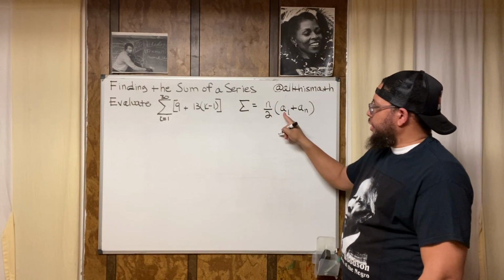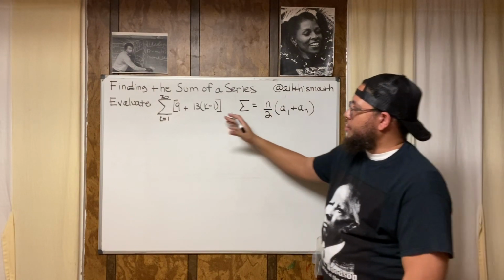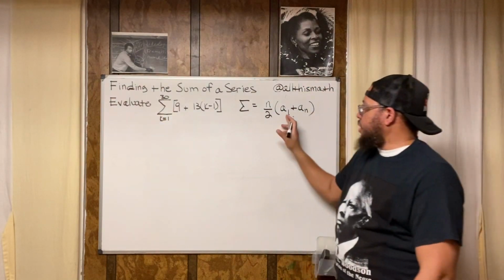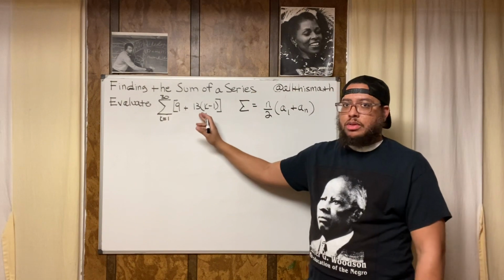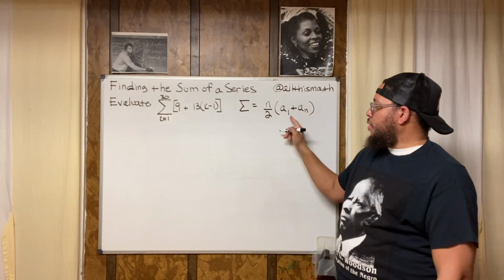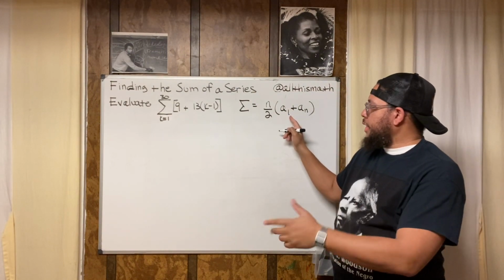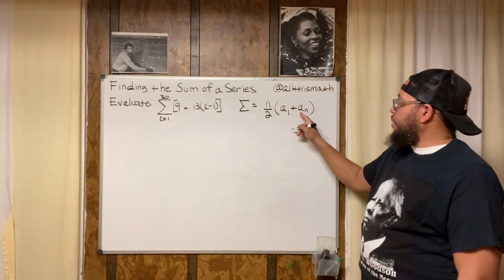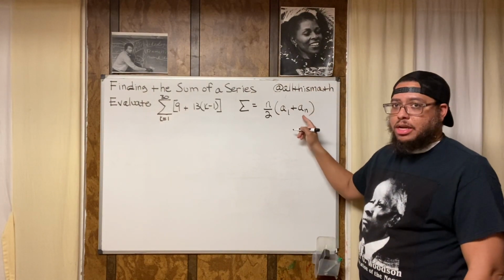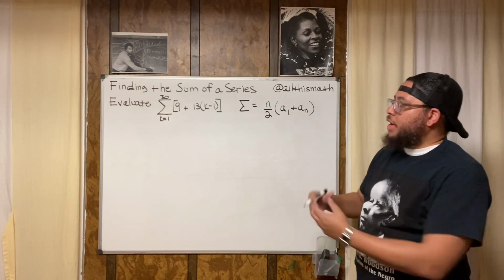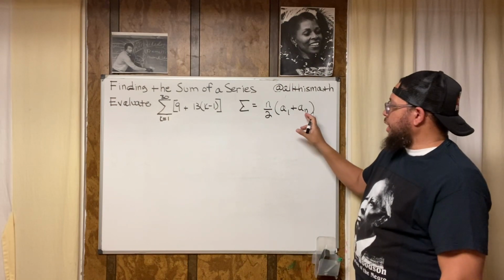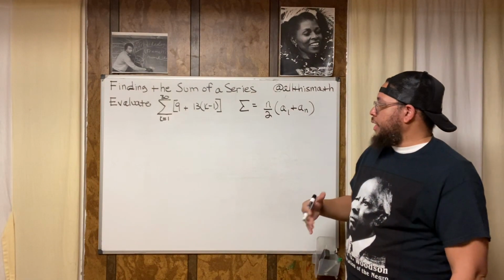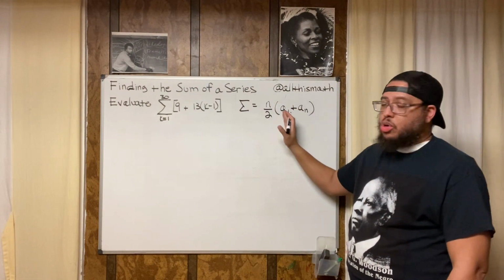Now, a sub 1 is the value we get when we plug the numbers in, right? But a sub 1 is the first value. The 1 indicates that we're dealing with the first number, which is 1. Now, a sub n is always the last number, right? A sub n is the value we get when we plug in n, which is considered to be the last number. So what I need to know right now in order to use this formula is what a sub 1 is.